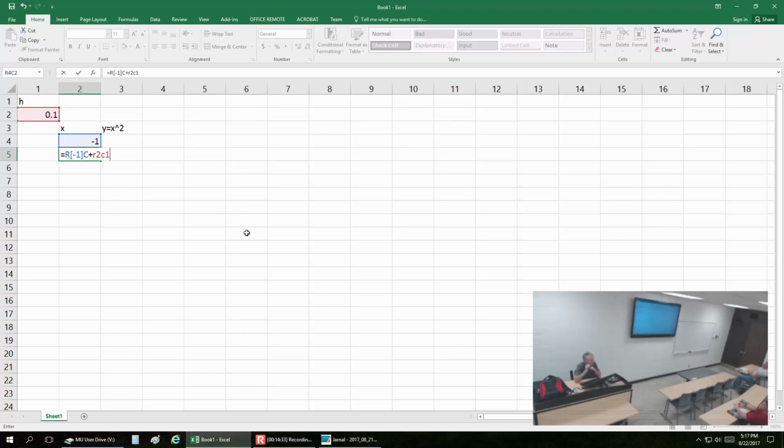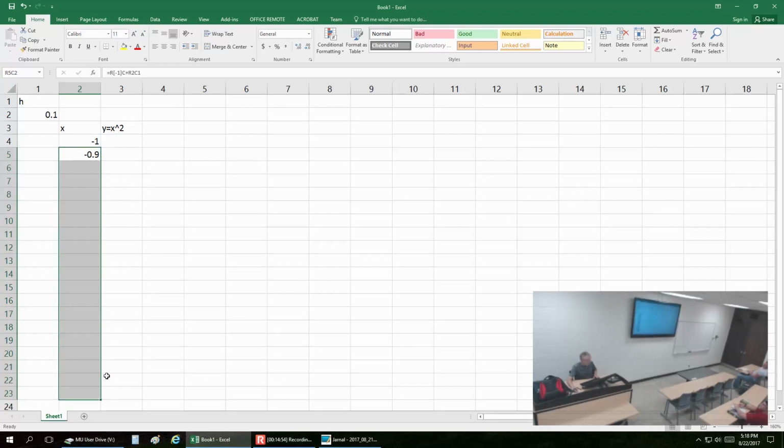So you see I'm referring to the previous row, as well as, in red, to the value of H. So I push enter. The formula has been entered, and as you can see, I progress from -1 to -0.9. And that's a good thing, because if we did the formula correctly, I could just spread it down,